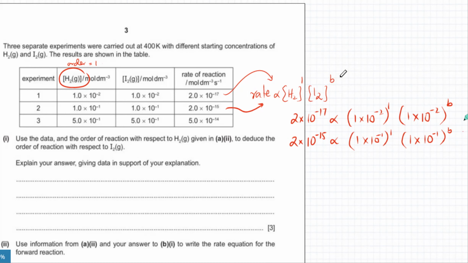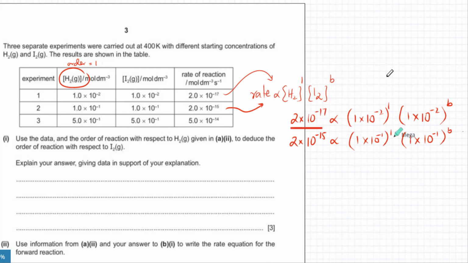I know the order of the first one. I don't know what the order for the second one is. So I'm going to plug in the data from 2 experiments into this equation. And what I'm going to do is the data should be consistent. Like if there is a relationship that exists, then the data would be consistent. If you do an experiment with different concentrations, you're going to get a different rate, but the equations will be consistent. So what I'm going to do is I'm going to divide